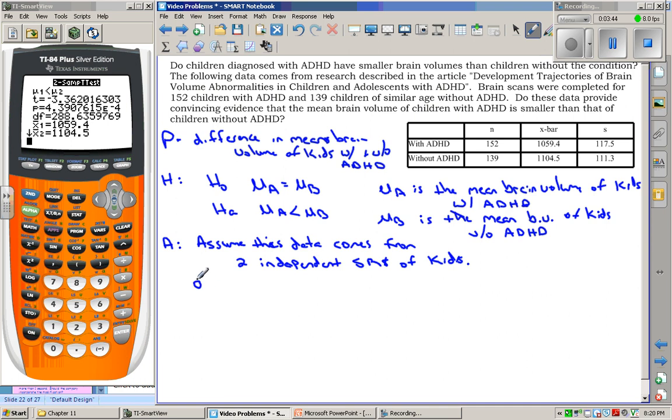Secondly, due to large sample size, both greater than 30, we may assume